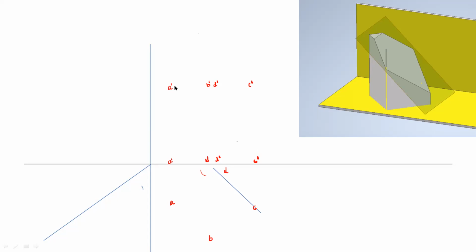To draw the projection on the drawing paper, we will start with the top view. So you can observe here the three-dimensional image. Here the prism is resting on the HP. The axis of that prism is perpendicular to HP, and the base edges are equally inclined with the vertical plane. Okay. So in the top view,